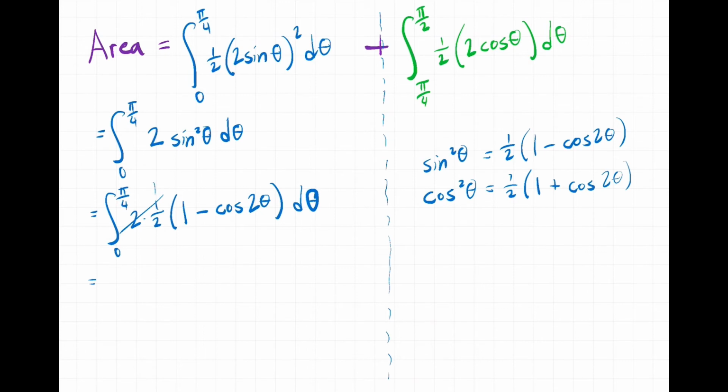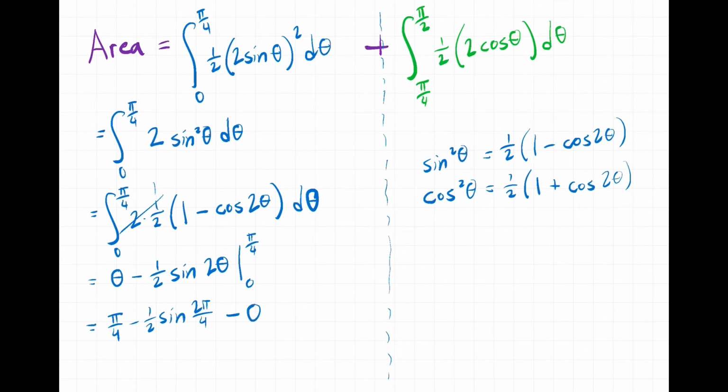So the antiderivative of 1 is theta, minus the antiderivative of cosine of something is sine of that same thing, so sine of 2 theta. And we'll have to use the chain rule in reverse, or a U substitution here, and divide by the coefficient on theta, which is a 2. So we'll have 1/2 here. And we are going from 0 to pi over 4. And plug those numbers in, so we're going to get pi over 4 minus 1/2 sine of 2 pi over 4